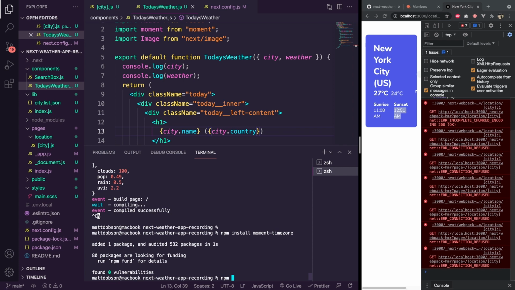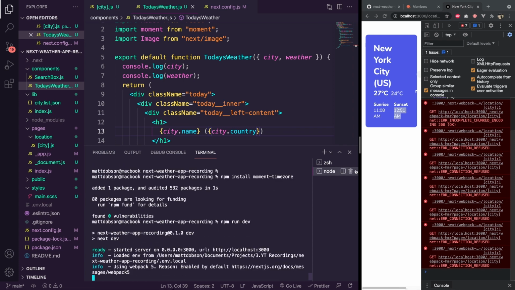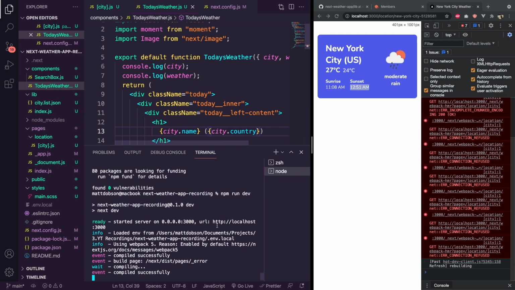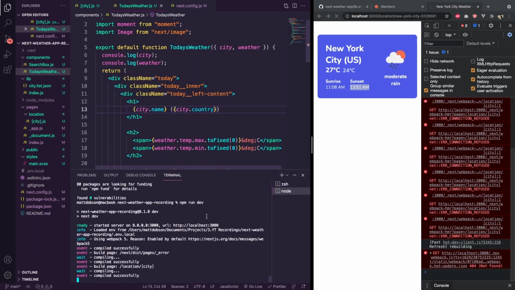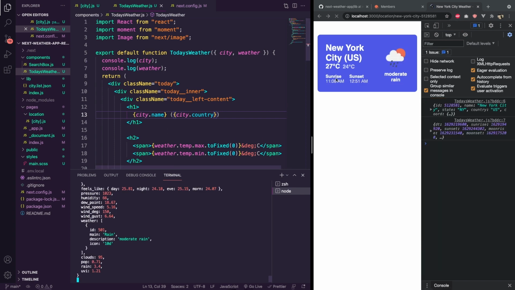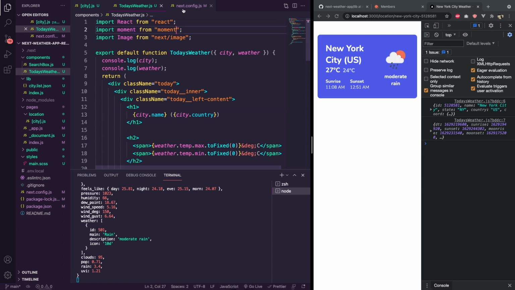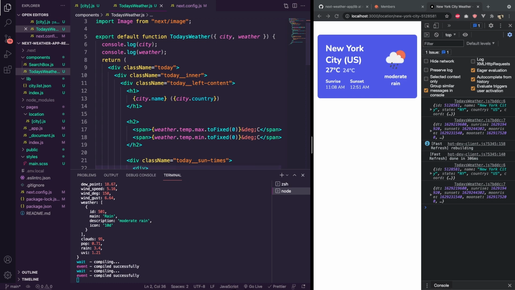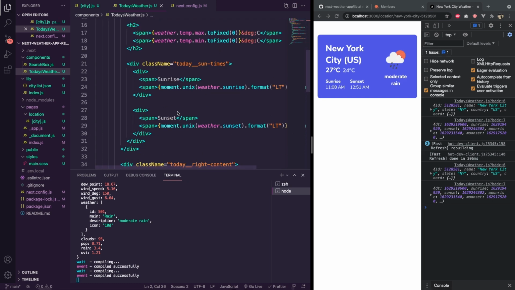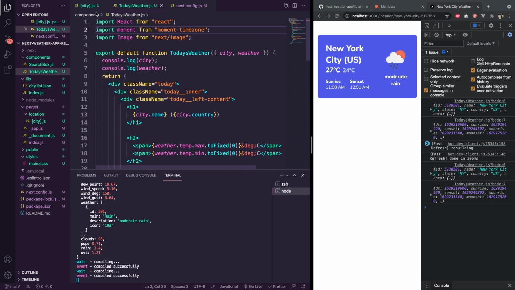So now we've installed that, I'm going to run npm run dev. I'm going to run the project again. I'm going to start the zoom. And now, for example, we're going to stay in today's weather, we're going to stay in this component, but instead of just importing normal moment, I'm going to import moment-timezone. And the time zone for New York, we have in the data that we bring through from the city.js